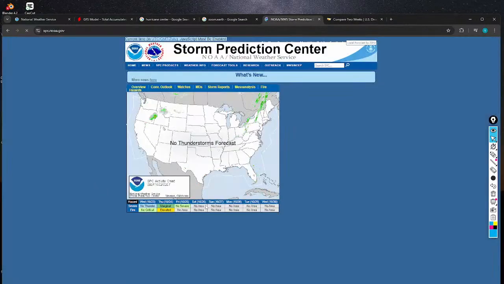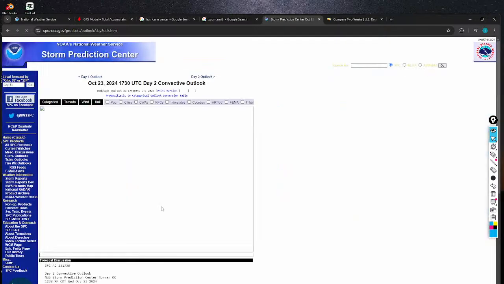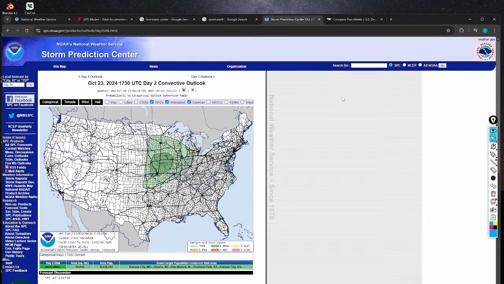Let's look at it with Prediction Center. We do have a marginal risk for Thursday, tomorrow. This will be for Iowa, Kansas. Pretty sure that's Iowa and Nevada. Hold on, I have to look at a map real quick. Oh, it was Nebraska. Okay. I feel stupid. Okay, so Nebraska also is in the marginal risk right now.